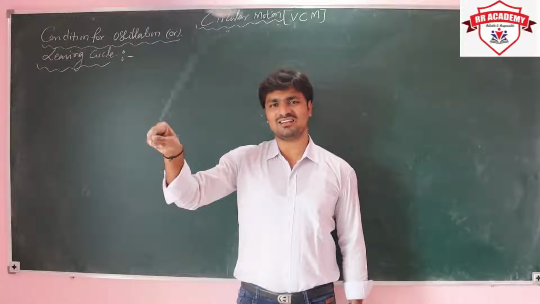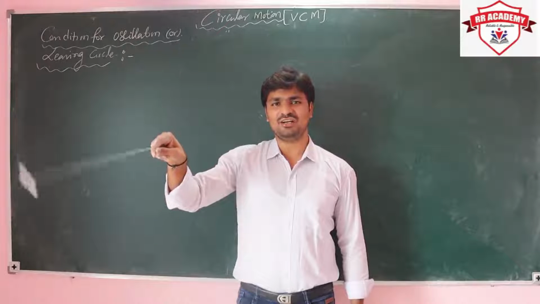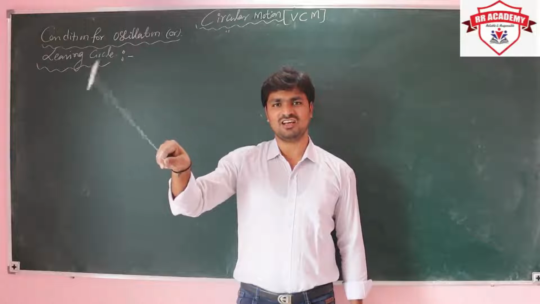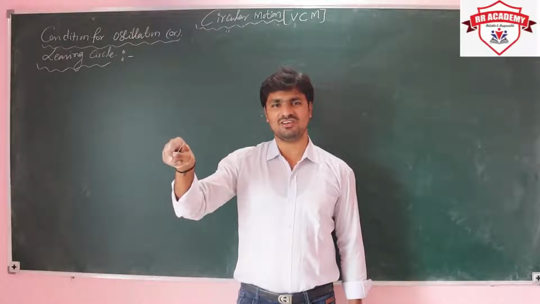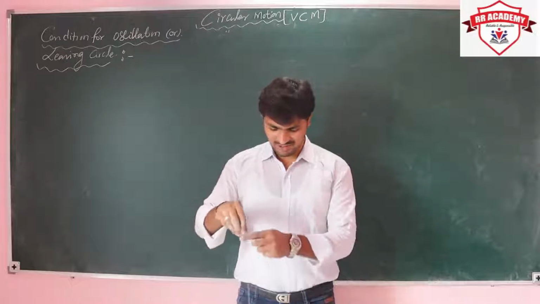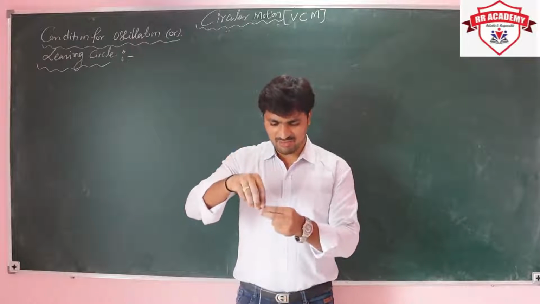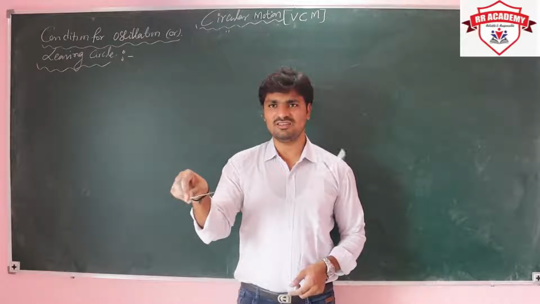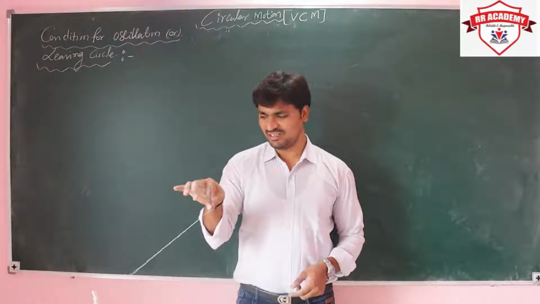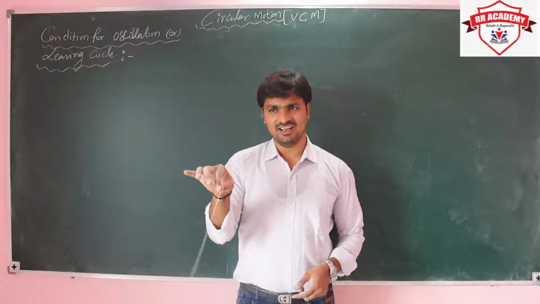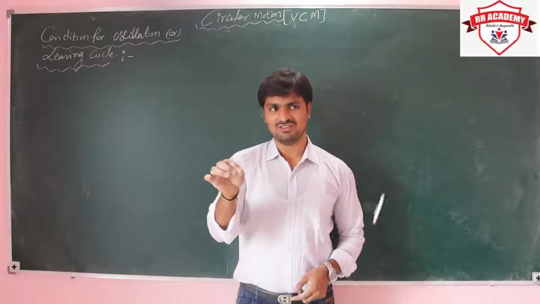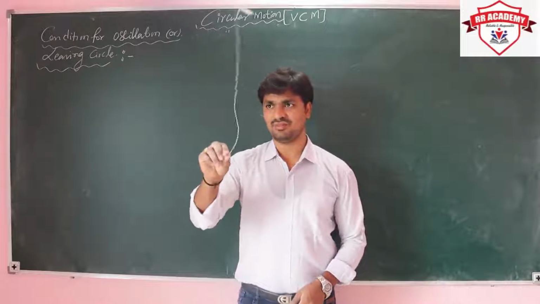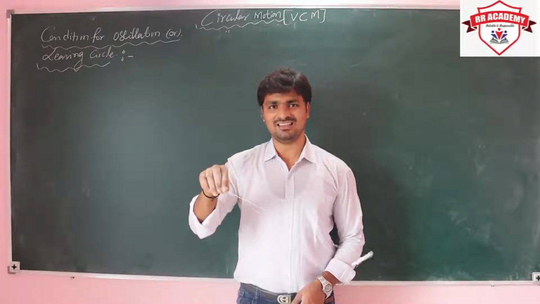So this is vertical circular motion, and the velocity is different at different points. The velocity at the lowest point is v1, and the velocity at the highest point is 0. In this last condition you can observe what is happening. If I give the minimum velocity, it is just leaving the circle. Now, when is it oscillating and when is it leaving the circle? So see here, what does leaving the circle mean?